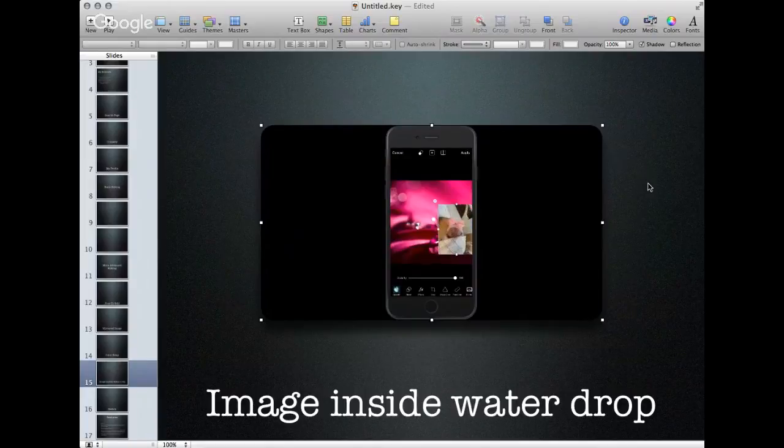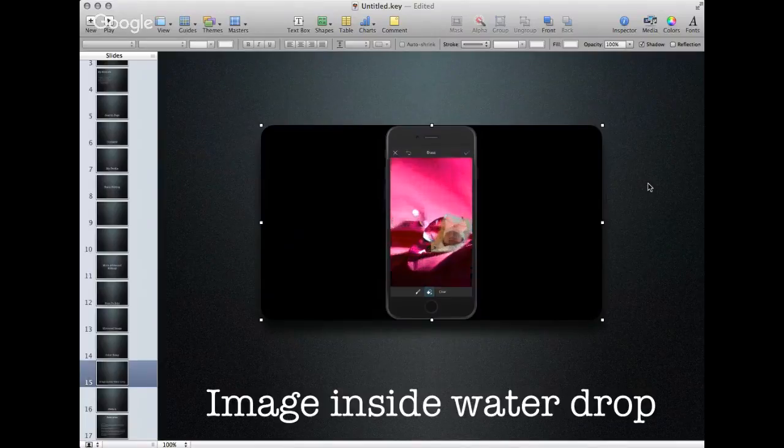All right, so this one's really neat. This is putting an image inside of a water drop. So I searched for the free to edit and then also water drop, and I came up with all these different water drops. I clicked add remix, and then I'm going to click add photo, and I'm going to put my niece inside of one of those water drops. So I pick a picture of her, you put her where you want it,